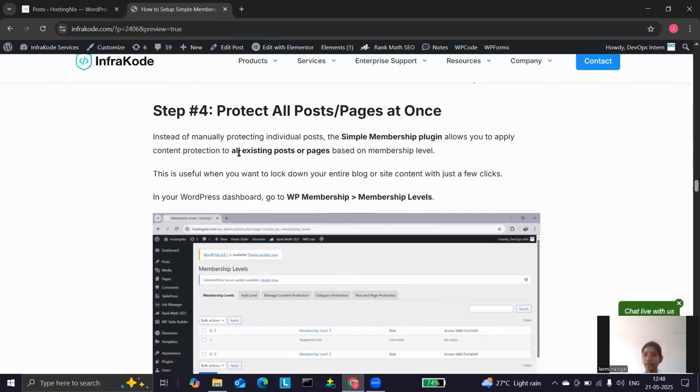Instead of manually protecting individual posts, the simple membership plugin allows you to apply content protection to all existing posts or pages based on membership level. This is useful when you want to lock your entire blog or all posts on your site.